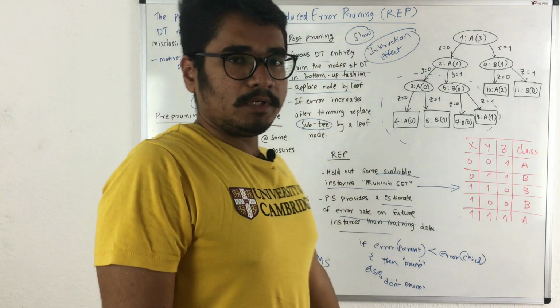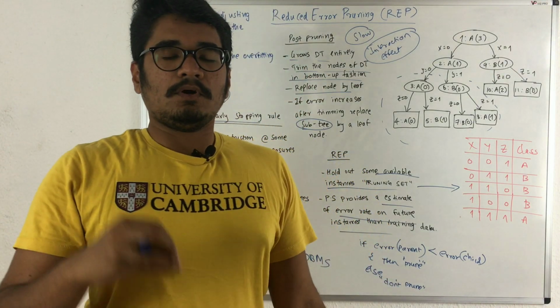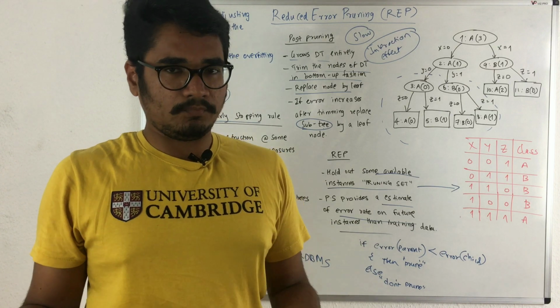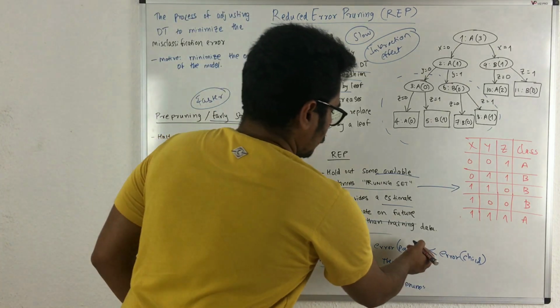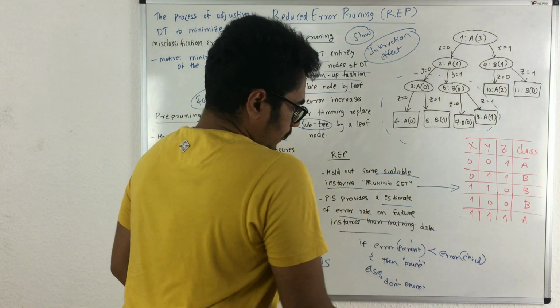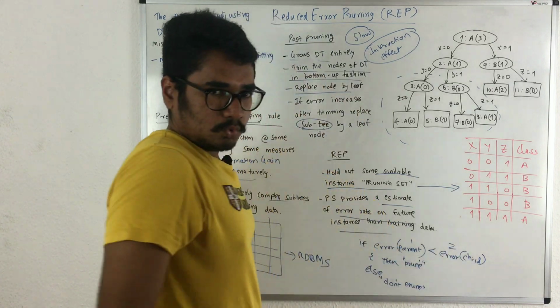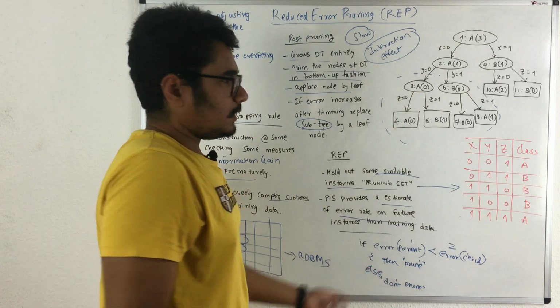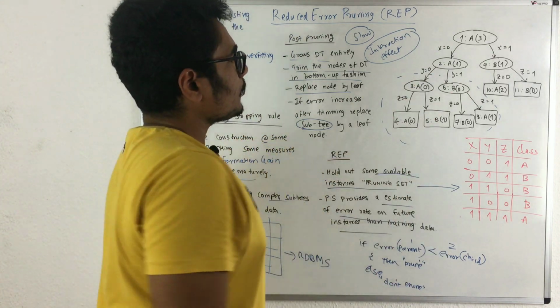Our main motive is that child leaf nodes should not have any errors, but the parent can contain n number of errors. If the error of the parent is 1 and the child error is 2, then this condition evaluates to true and then we prune. So let's see with the help of an example.